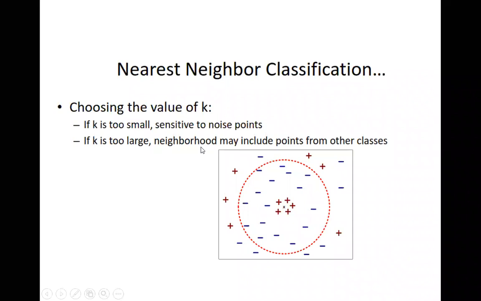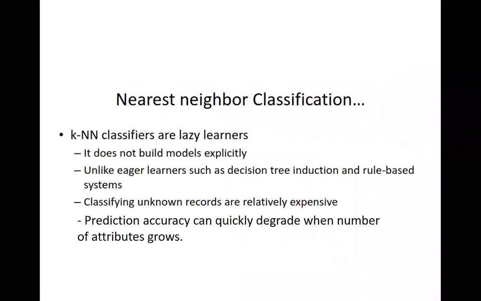It always depends on the type of problem you are trying to address using KNN. And KNN classifiers, we also call them lazy learners. In machine learning, once you do the training phase, it will build the model. But in case of KNN, there is no such thing as model. We are not going to build any models. It will store all the examples as it is in the memory. So it is called a lazy learner because it stores all the examples in the memory.